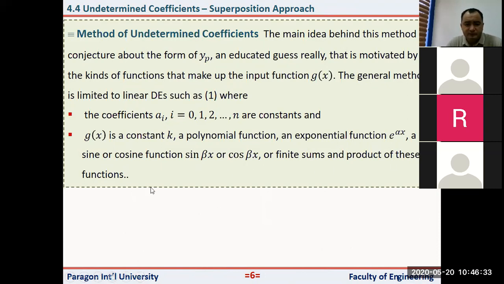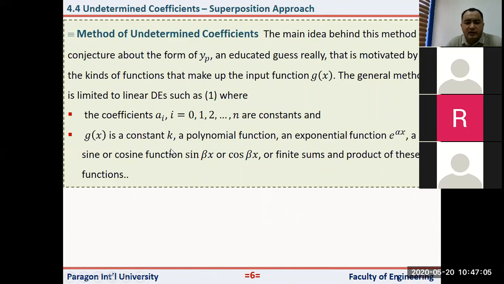What does it mean? Well, g of x is either a constant, a polynomial function (you know what a polynomial function is), an exponential function, or these trigonometric functions, sine or cosine, or finite sums and products of these functions. That means that maybe it is 5 times sine of x, or sine of x times cosine of x, for example, or sine of x times e to the power 3x, for example,